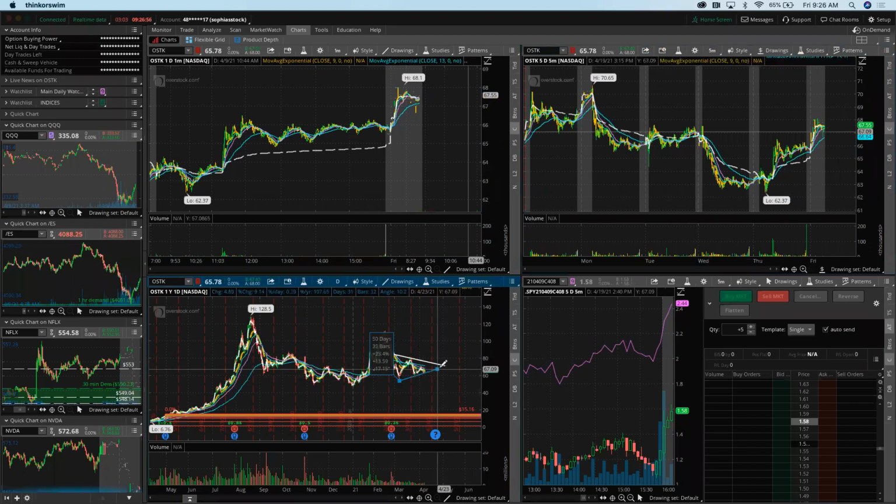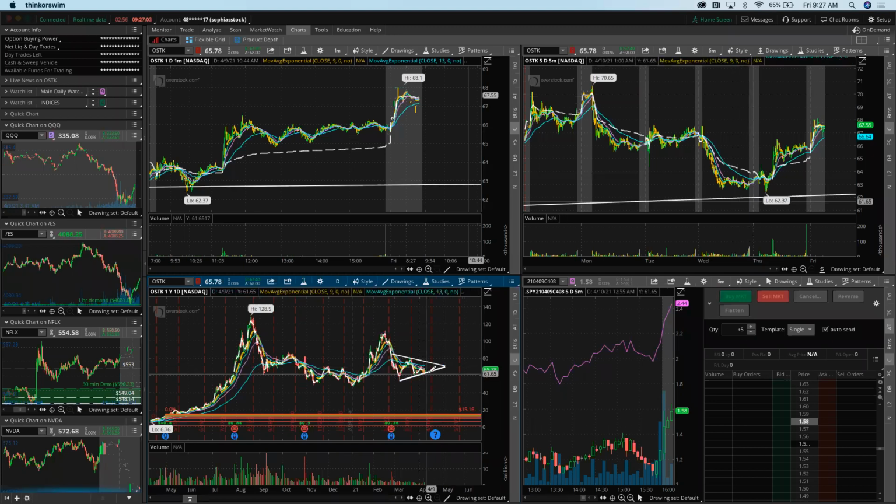And this is one of those, like a lot of the plays we've been taking lately, right? On bounces off of levels of support or demand. So I got a price alert set for Overstock over 70. It's at 67 right now, but I also have another alert for it at the pre-market high,